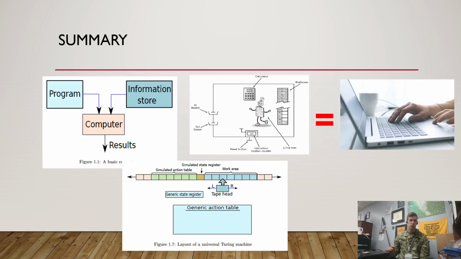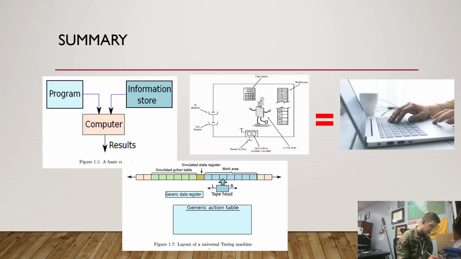Okay. So to summarize, we started by trying to define what a computer is. We have this generic description given to us, which is that a computer is this device in the middle, a general purpose device that can take in some kind of program and some amount of data and produce meaningful results based on those two inputs. A slightly more concrete or formal definition is provided to us by Alan Turing, who said,